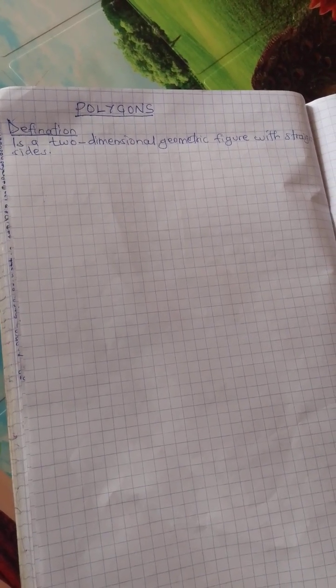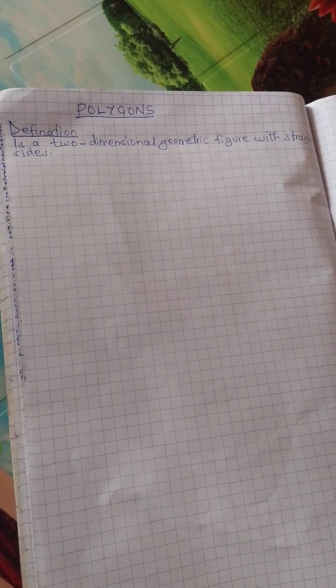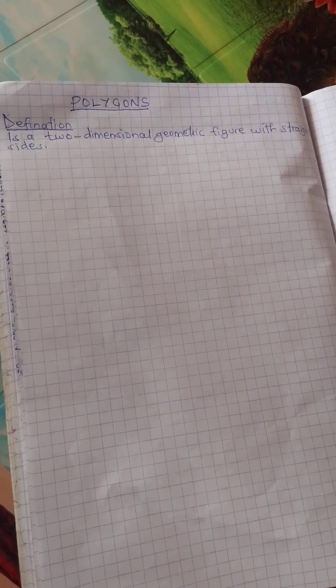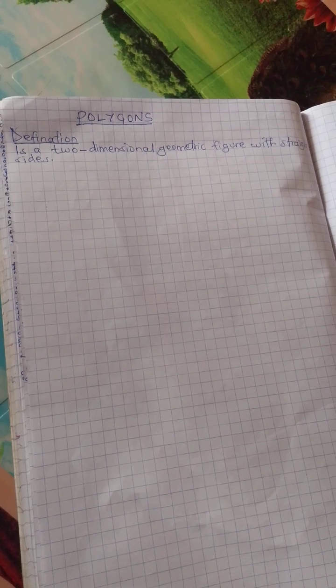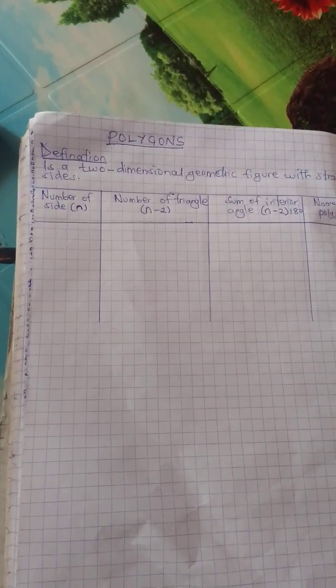I'll take you through polygons. But before we start on polygons, I want to take you through the definition of a polygon. A polygon is a two-dimensional geometric figure with straight sides. I've developed